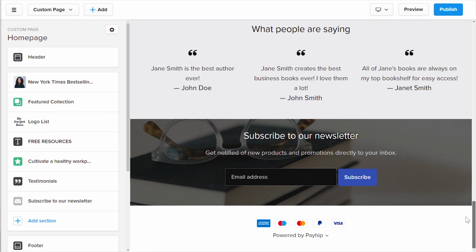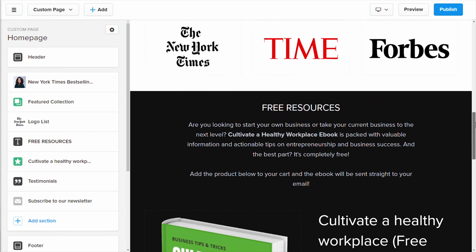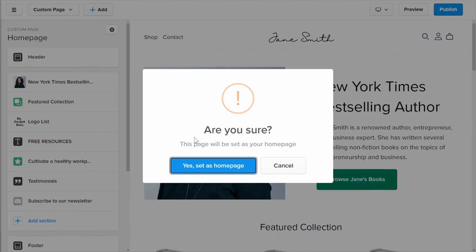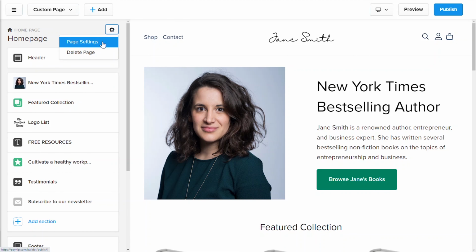Now, I mentioned earlier that your homepage is by default set to be your shop page. If you want this custom page to be your homepage instead, all you have to do is click the gear icon and click Set as Homepage. Any website visitors that go to my website will always land on this page first before going to any other pages on my website. You'll also see a few other settings here, such as deleting the custom page or editing